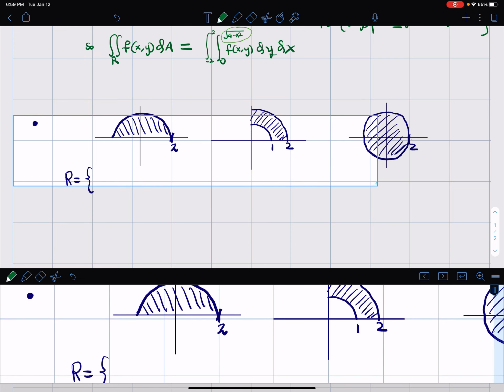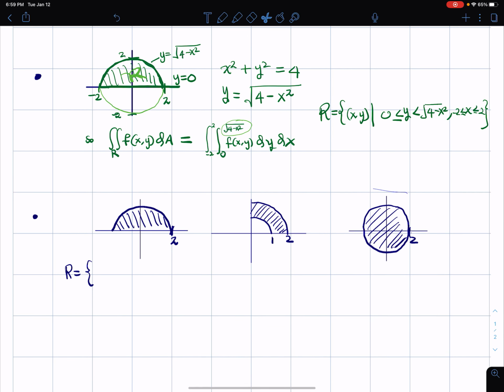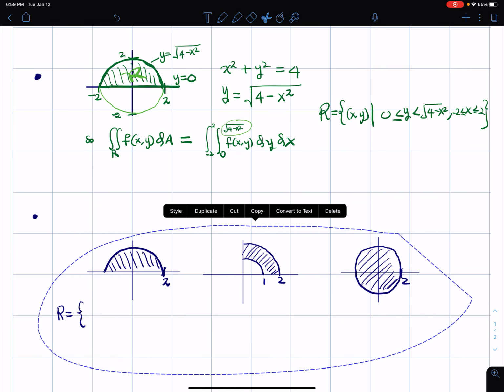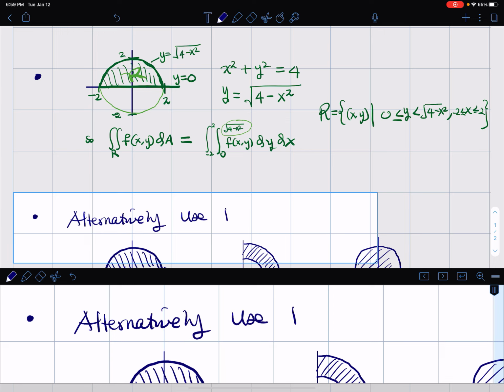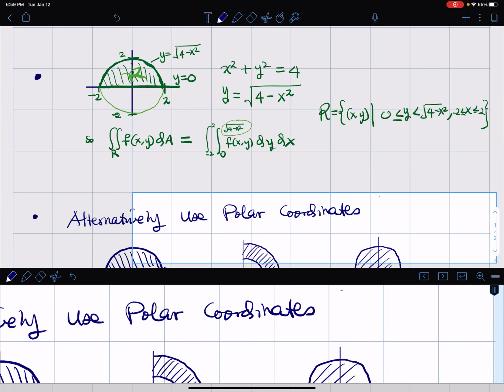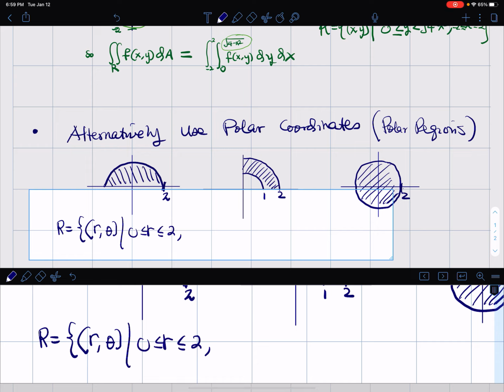But now, let's use polar coordinates to describe these regions. That means we are seeing them as polar regions. So instead of x y, we do r theta. This is r theta, such that r is between 0 and 2, and theta is between